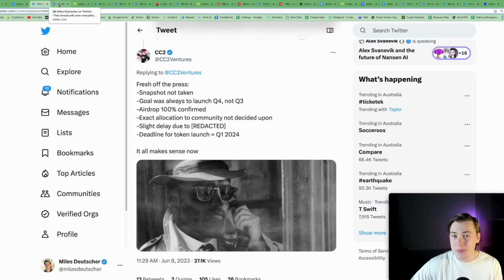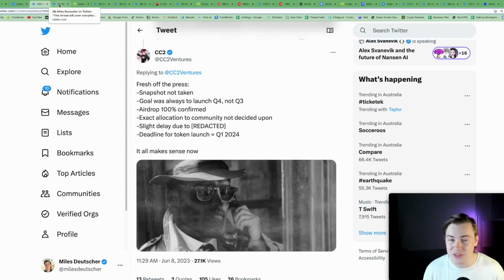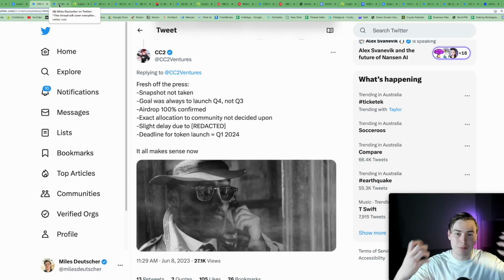So if you haven't been interacting with LayerZero yet, what can you do to start interacting and start qualifying for an airdrop? Well, the first thing I want to say is that airdrops aren't guaranteed. They can be a guessing game. Some of the requirements for Arbitrum came pretty unexpected, and some of the requirements were pretty straightforward. Sometimes projects are a lot more selective with who they give an airdrop to, and sometimes projects aren't. What you have to do is use the best information available to try and predict, think in the mind of the project and think,